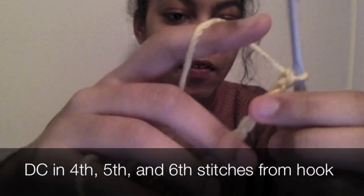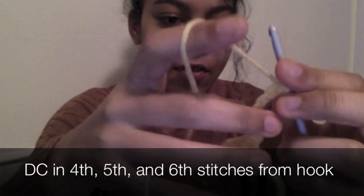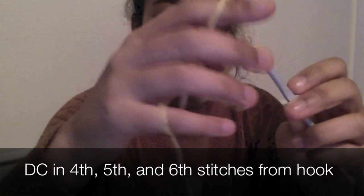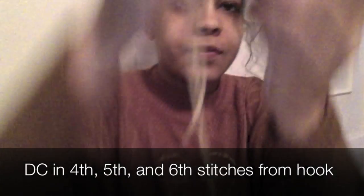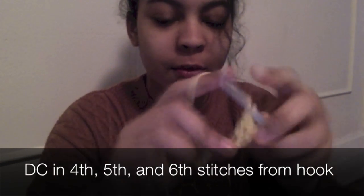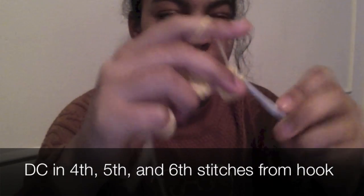So again, we're going to double crochet into the 4th, the 5th, and the 6th stitches from the hook. So we're going to yarn over, insert, draw through the first 2 loops, and draw through the last 2 loops. Again, I'm drawing through the first 2 loops and drawing through the last 2 loops. And one last time, I'm drawing through the first 2 loops and I'm drawing through the last 2 loops. Okay, and so now we have our 2 little boxes. They're not really attached,